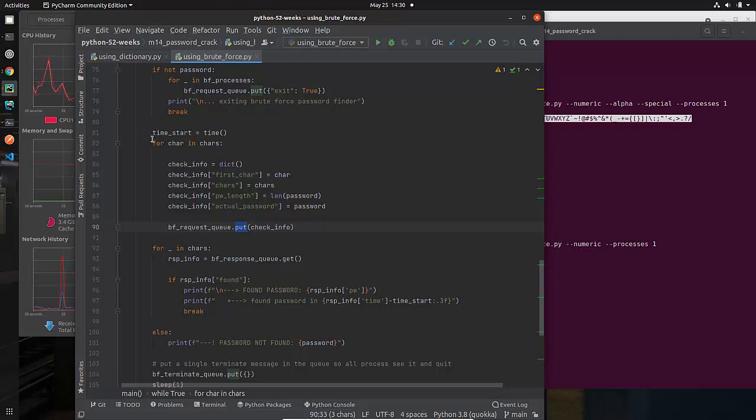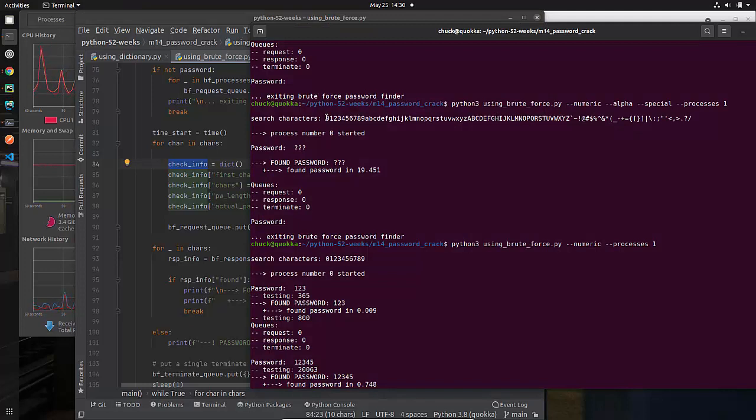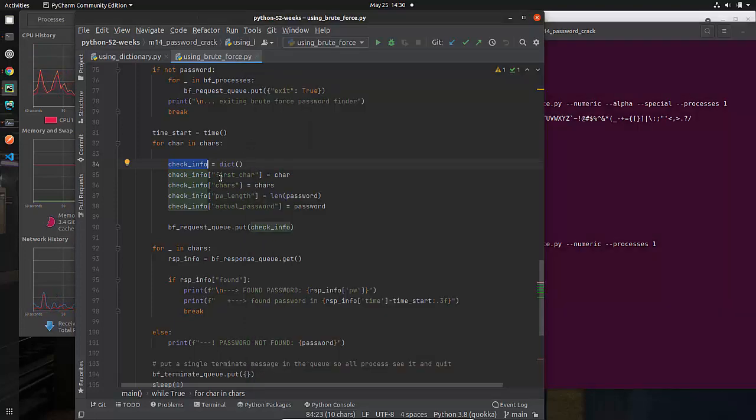Let me get back to my for loop here. So in this for loop, I'm putting a message in. The actual message that I put into the queue is this data, and it contains the first character, which is the character. So for something like this, the first one will be 0, then 1, then 2, then 3, etc., all the way to the end for all of those messages.